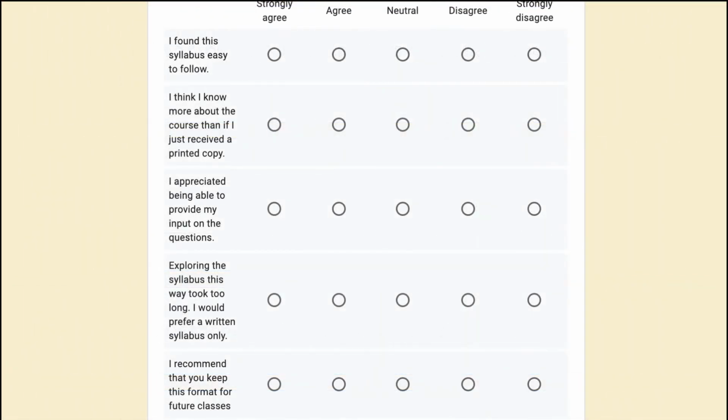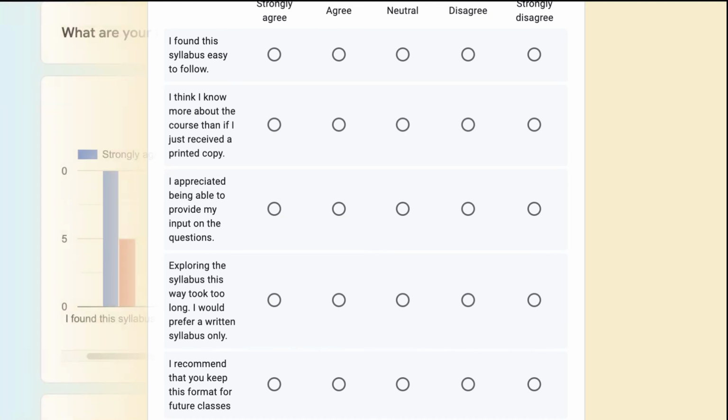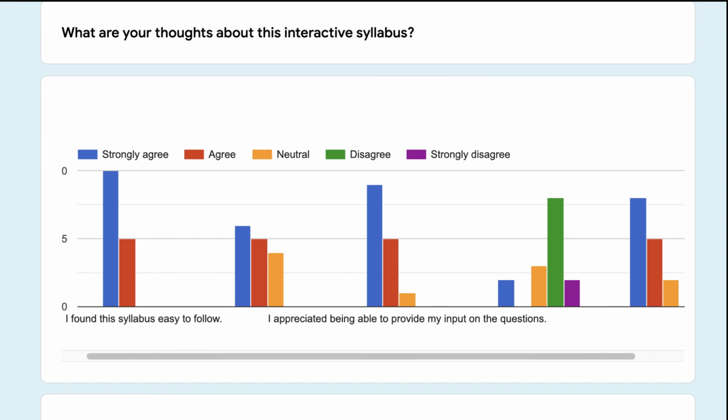Last, just because I thought the interactive syllabus was a great idea didn't mean that the students necessarily agreed. So I asked them a number of questions about whether they thought this was valuable or not. My goal was to have them say that it was at least as valuable as a static syllabus, or, of course, more valuable. And I was quite pleased to see very positive results. In both sections, only one student disagreed with the idea of using the interactive syllabus in future classes, and everyone else was either neutral or the majority agreed or strongly agreed.